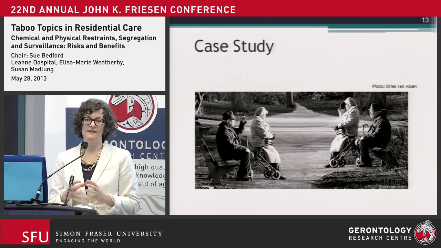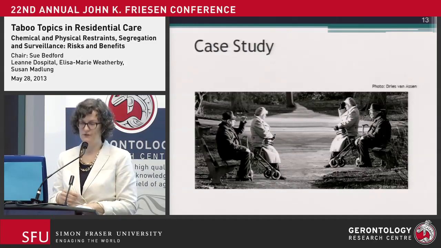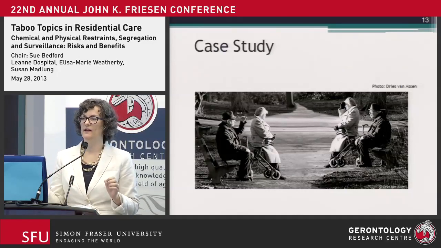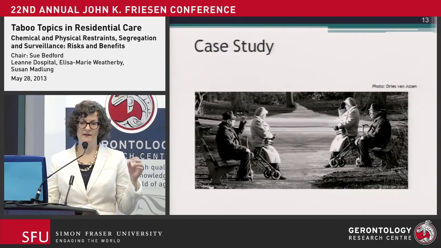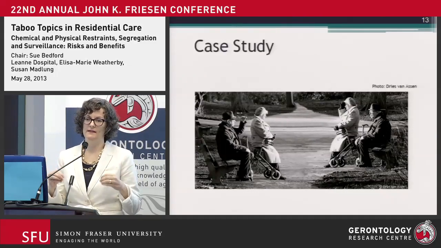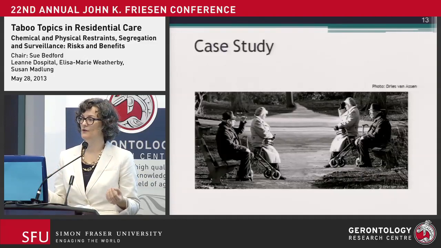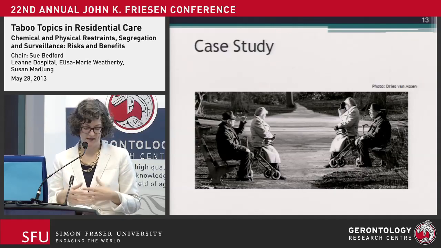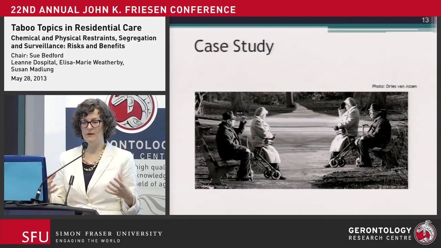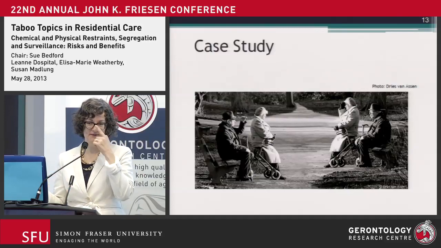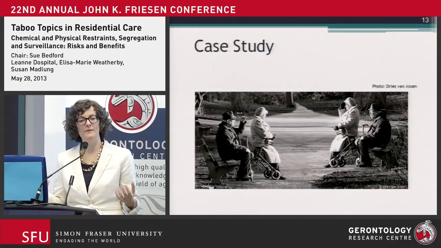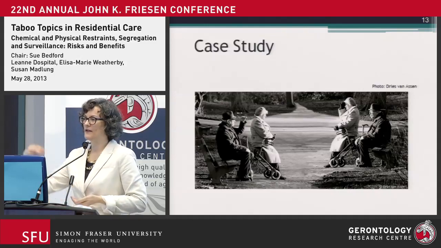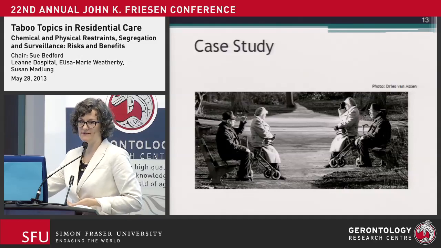And one of the medications listed was administered daily to calm the person. But there was nothing in the care plan that identified the need for any kind of restraints. I think that is something that we see on a daily basis at the Public Guardian and Trustee, and I can imagine it's something that you're working with frequently as well. What is important to note is that we were actually committee of estate and had no authority as a substitute, as a committee of person, but the person hadn't discussed it with the family ongoing. So it was just: here's the plan, here's the administration, here's the MAR, can you consent?